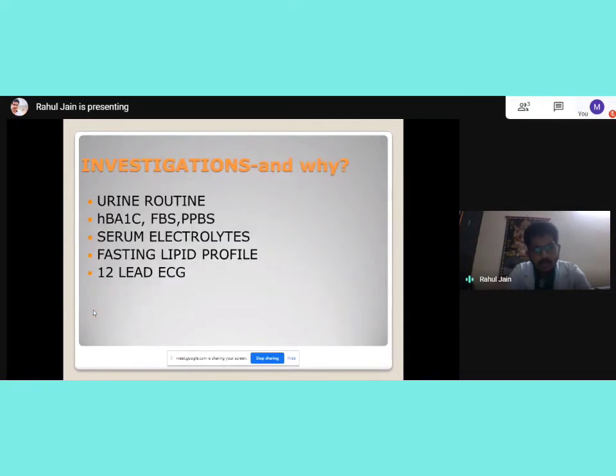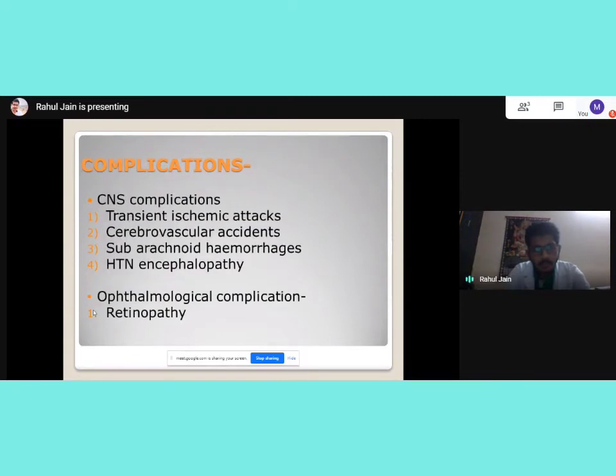So moving on to complications. As hypertension is asymptomatic, ultimately we are treating it to avoid complications. The main reason why these complications occur is that hypertension causes vessel wall stress. Normally in our blood vessels, whenever there is normal pressure, there is streamlined flow. But whenever the blood pressure exceeds the normal limits or becomes very high, it becomes turbulent flow and starts injuring the vessels. Wherever the vessel injury occurs, all these macro and microvascular complications will start occurring.